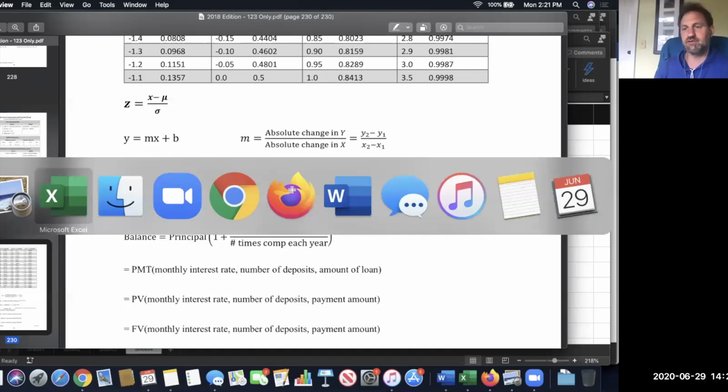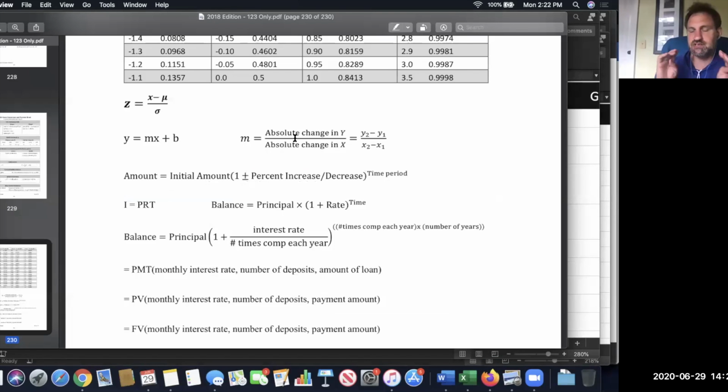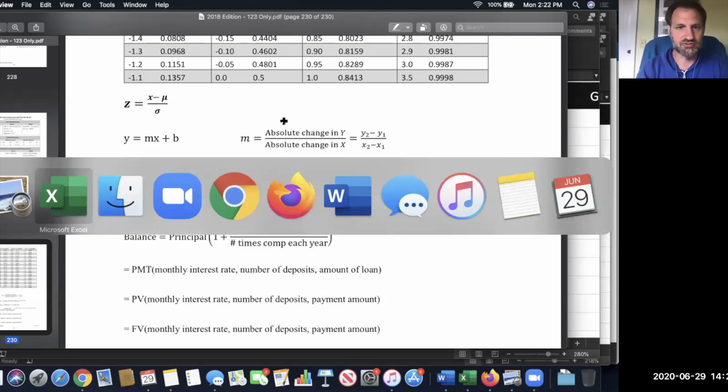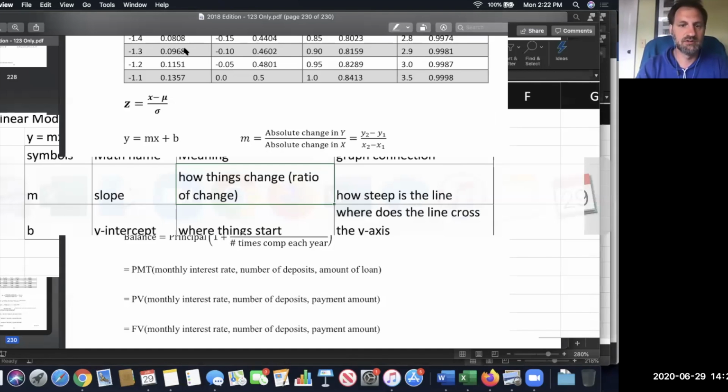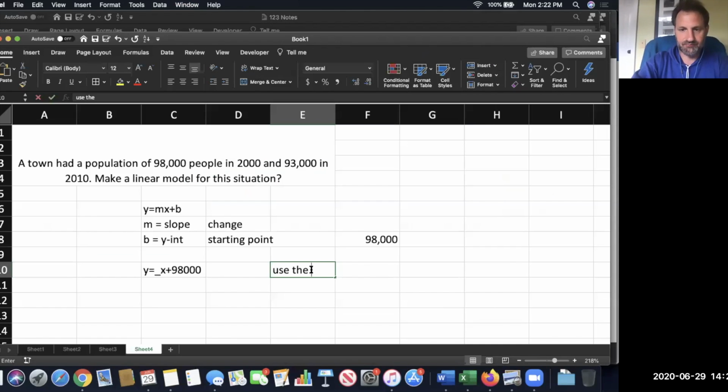The physical definition is that it's a ratio of change, and the ratio is the change in the y divided by the change in the x. Now that definition is not super helpful in terms of identifying who's on top and who's on the bottom. So I need to give you another little hint that I would carry around with you as you do these problems. We're going to use the ratio of change formula,